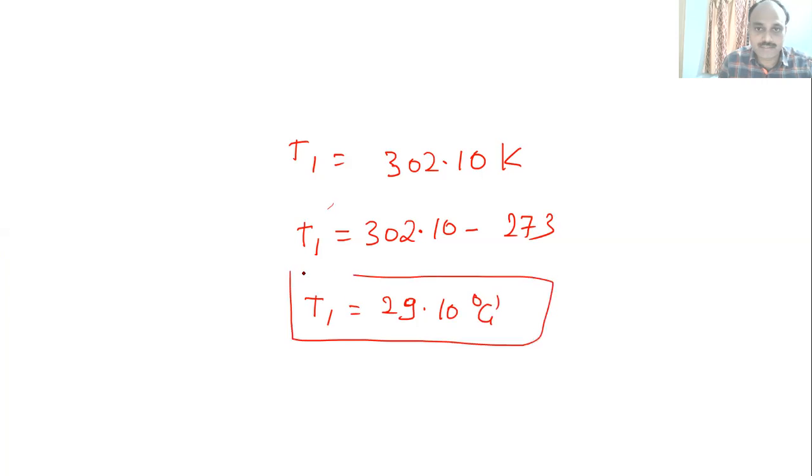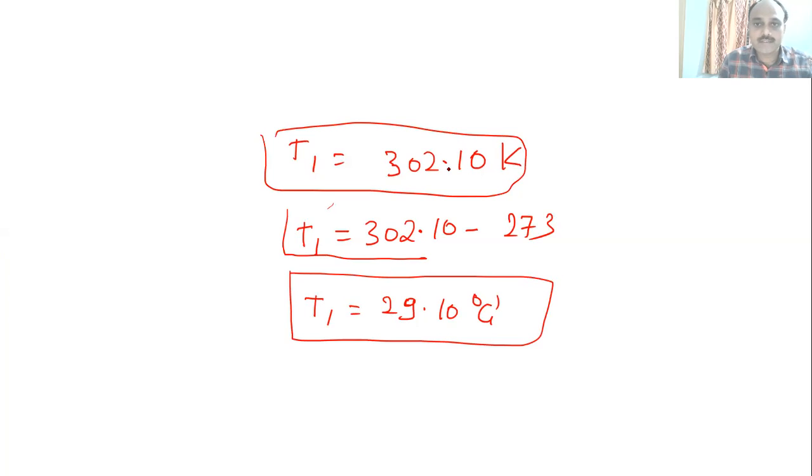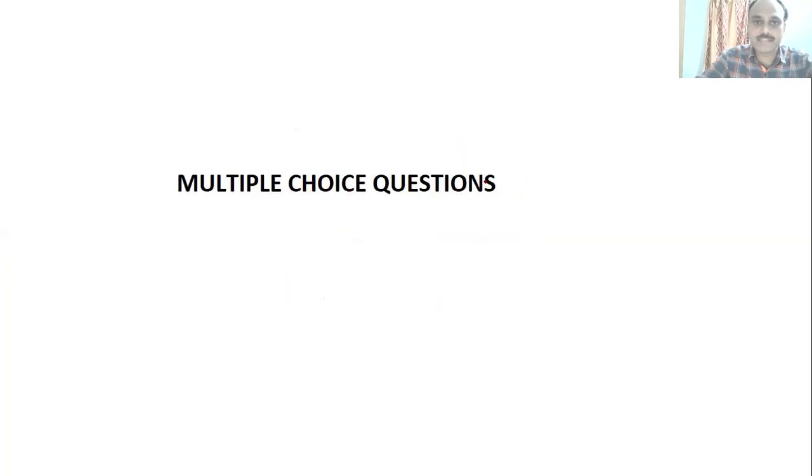This is the answer. In Kelvin, T1 is 302.10 Kelvin. The ether boils at 650 mm pressure. Okay. Now, these are the four numerical problems we have solved on the application of the Clausius-Clapeyron